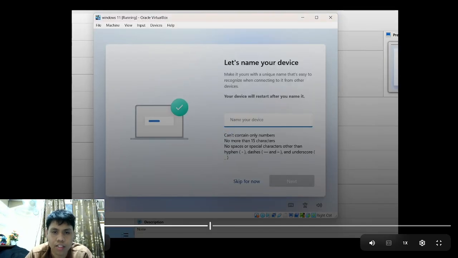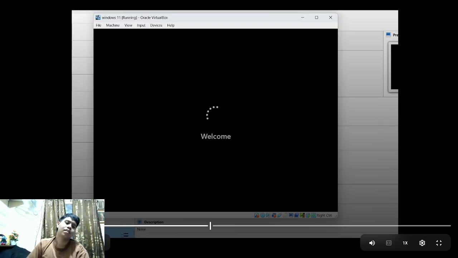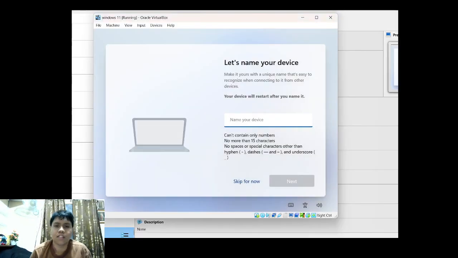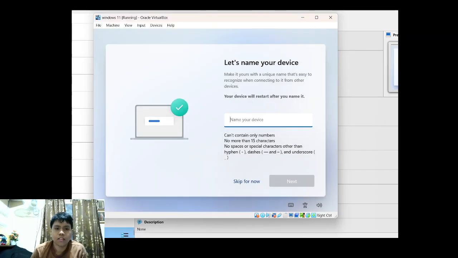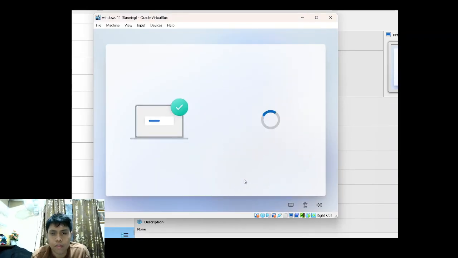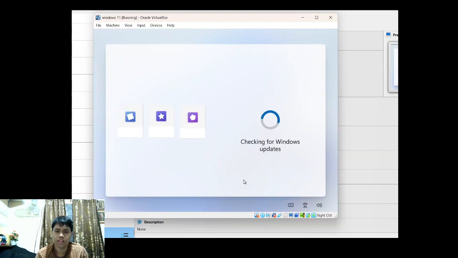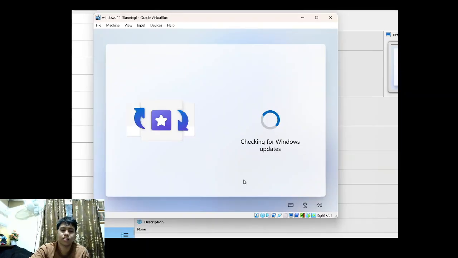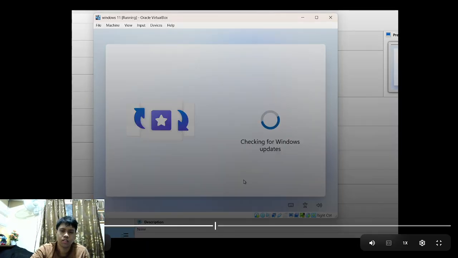Welcome. You thought it was done, but no, it's not done yet. Let's name your device. Skip for now. You can skip it. Checking for Windows updates. I'll just skip it because it's just a waiting game.